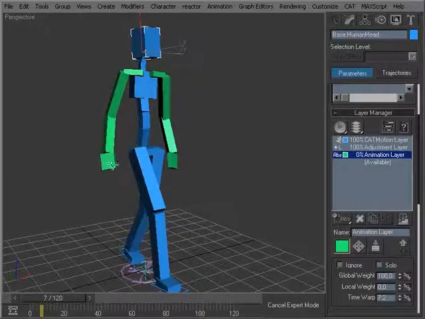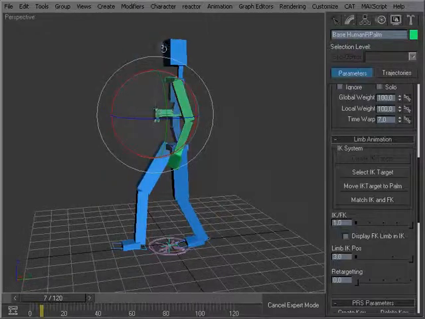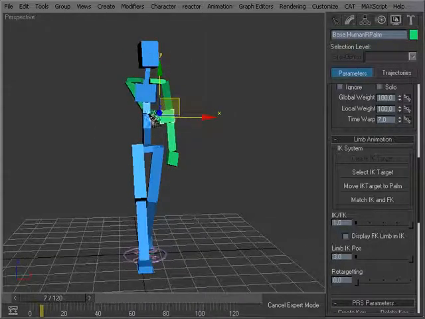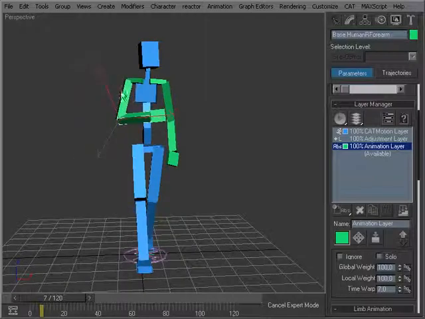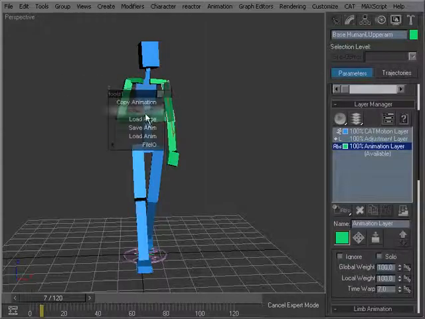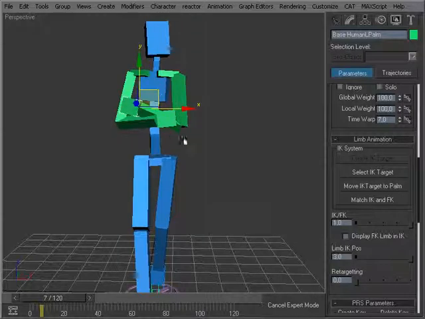So we can animate our arms here. I'll just give a pose. Something like that. And mirroring the pose to the other side. Okay. And now